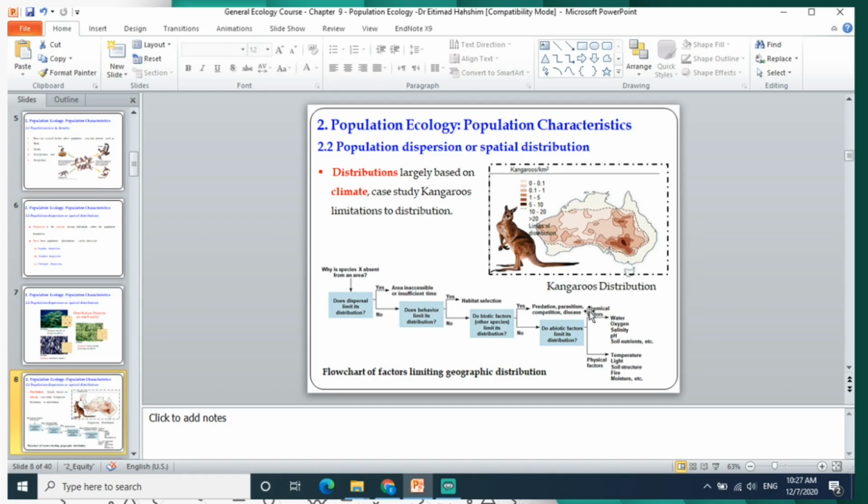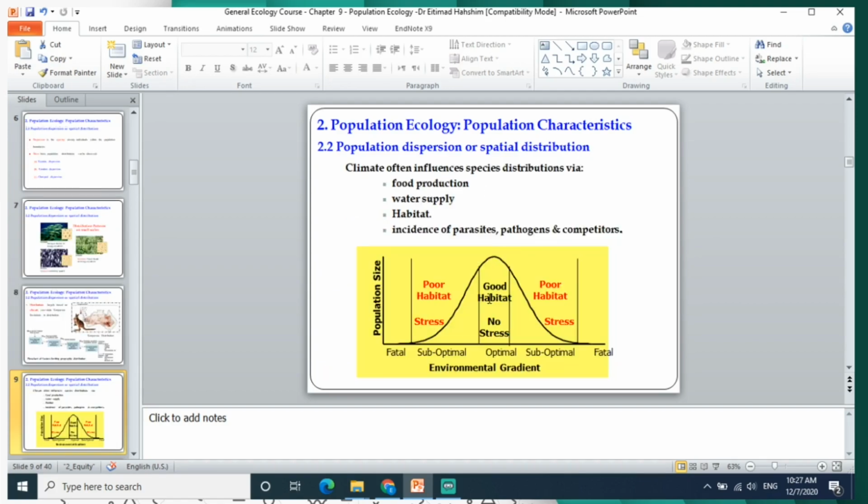And abiotic factors include availability of water, oxygen, salinity, and soil nutrients. All of it just suits that kind of animal. So climate influences species distribution. Scientists came out with that. Climate influences species distribution because it affects food production, water supply, habitat, incidence of parasites and pathogens, and